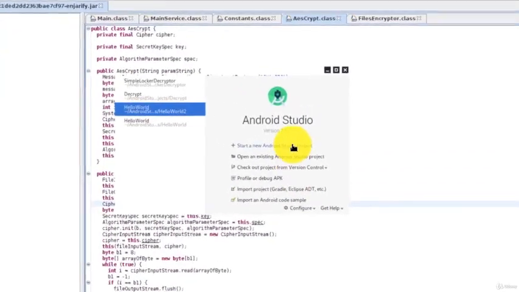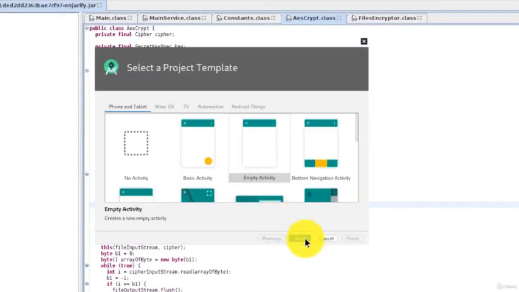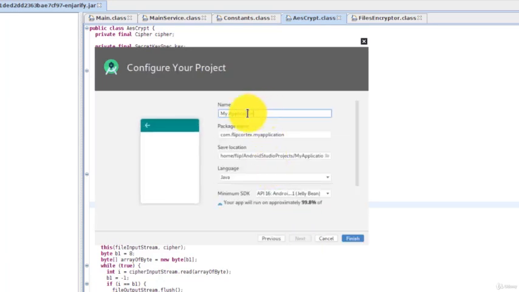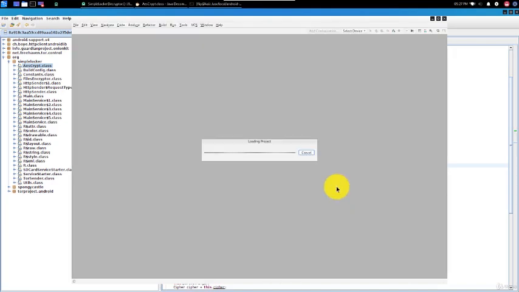So we're going to create a new project. Let's call it, for example, Simple Locker Decryptor. So here we're going to do some revision of building an Android application section. If you didn't follow that part, it's not a problem. We will be building a very simple application, and most of the code actually comes from Simple Locker itself. So the first thing we need to do, we need to open the manifest.